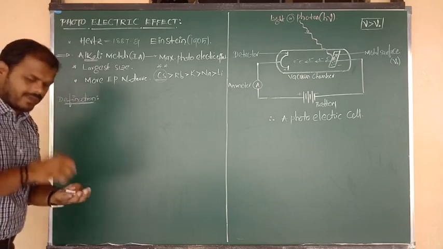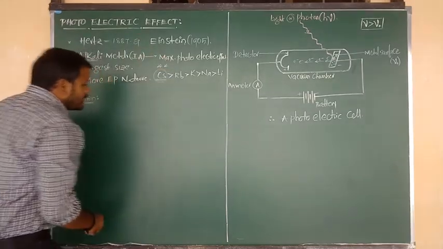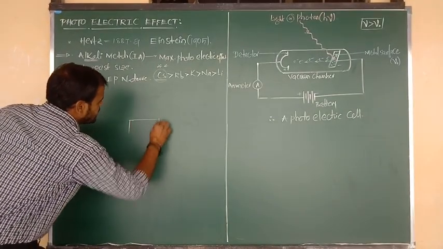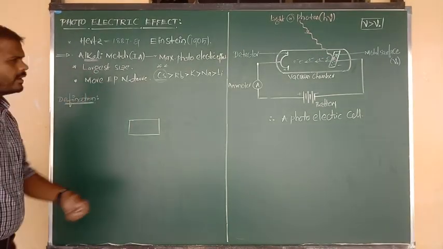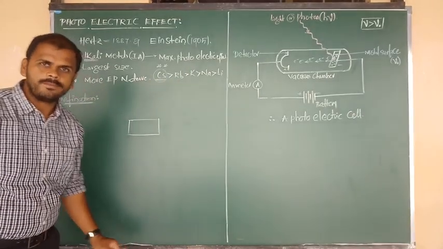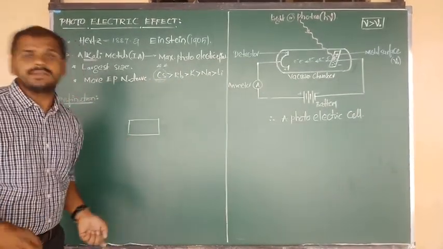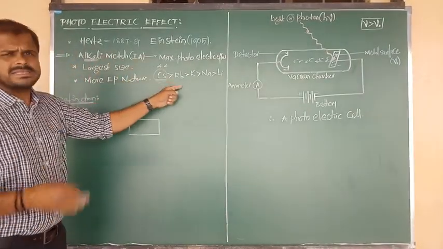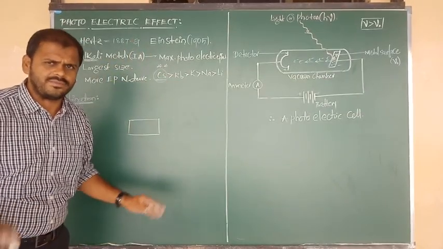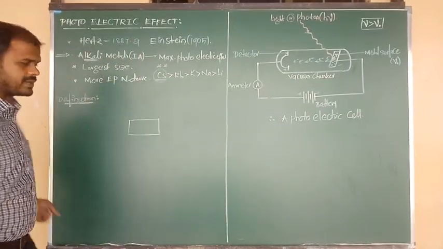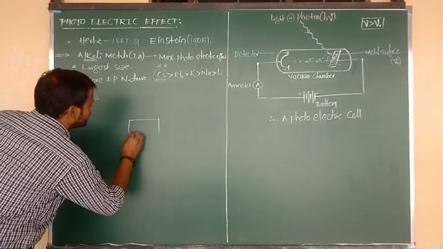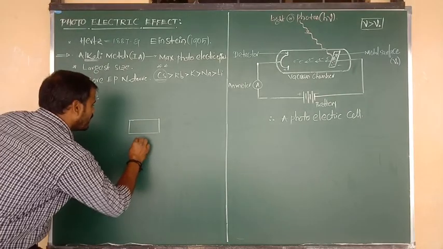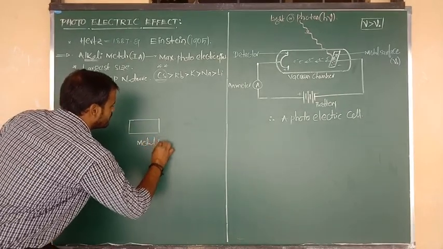Yes, listen carefully. First of all, beta, I am going to consider a metal sheet, any one metal as you wish, no problem. Or you can consider copper, silver, or magnesium. They should contain metallic nature. If you consider an alkali metal, you can easily observe the photoelectric effect. There is a difference, but every metal shows photoelectric nature. Anyway, I have taken first of all a sheet of metal surface, a metal sheet. I am going to write it.